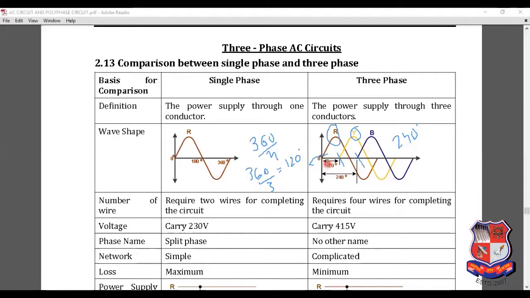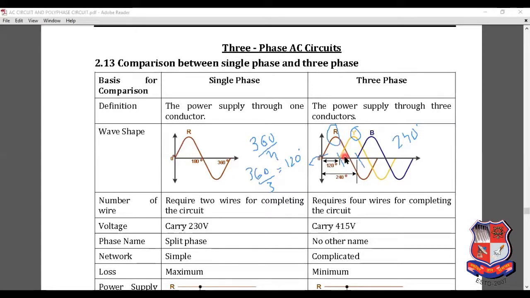Now, if suppose we are talking about three-phase circuit, then 0 is the starting value for our R conductor. So with reference to R conductor, all other two conductors, meaning Y and B, are lagging. See the difference between this 0, R and Y. So 0 and this 0 is 120-degree. Again 0 and B is 0, it gives 240-degree.